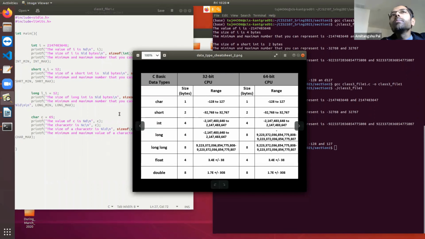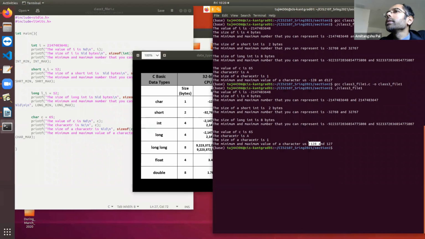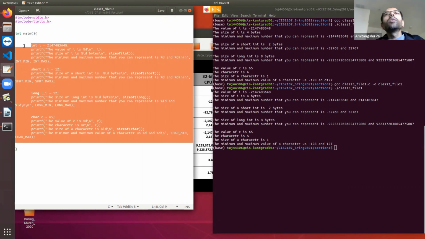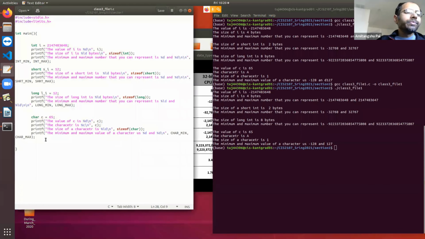And this is very simple, because using 1 byte means 8 bits. 1 bit is reserved for the sign, the remaining 7 bits are reserved for the value. So on the negative side, you will get minus 2 to the power 7. 2 to the power 7 you can calculate by hand: 1, 2, 4, 8, 16, 32, 64, and 64 into 2 is 128. So 2 to the power 7 is 128. On the positive side, you will get 1 less. So it is very simple. Now let's see.